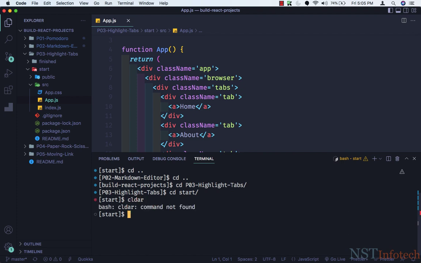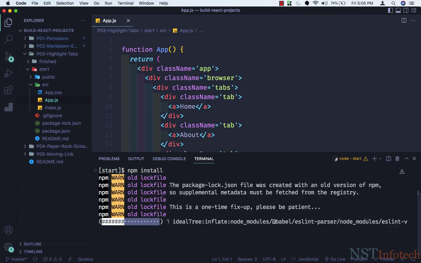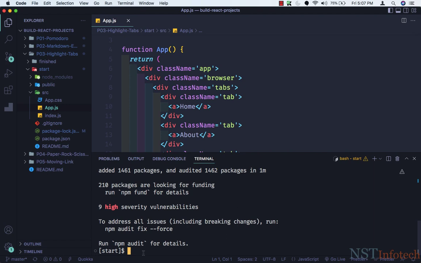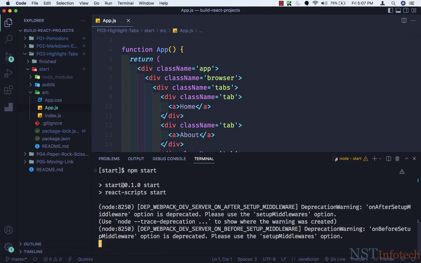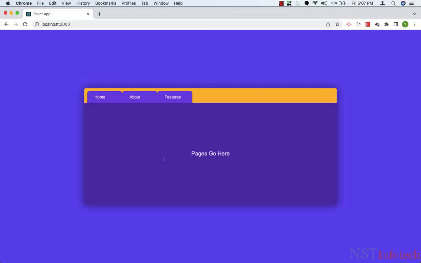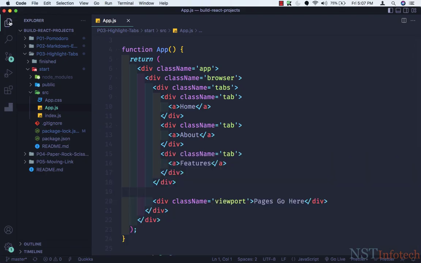Okay, let me clear this, and here I'll do npm install, so it will install all the packages. Now this is done. Let me clear this, and now I'll do npm start. So our application is started. Now nothing will work yet. Let's go back to VS Code, and let me close this, and I'll make